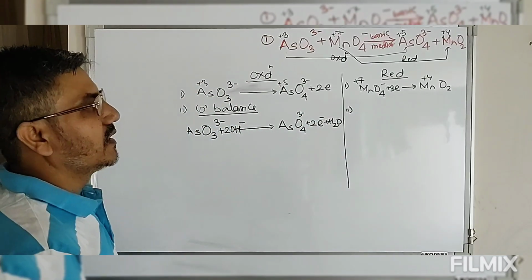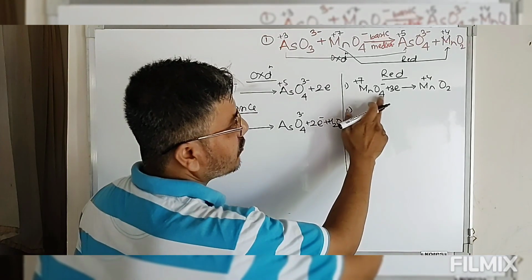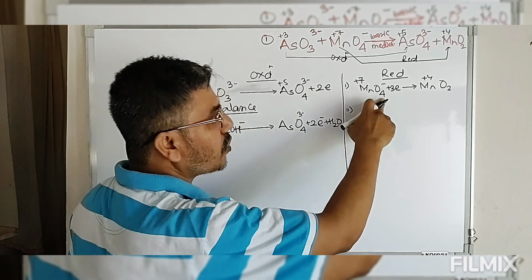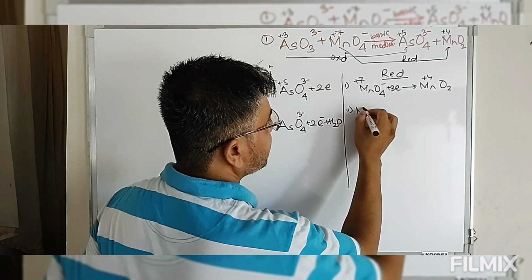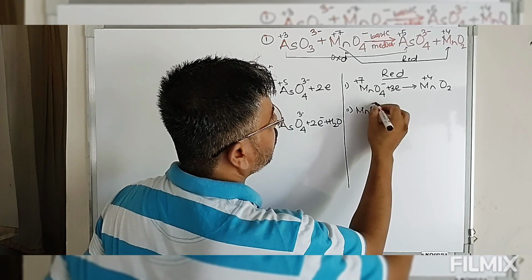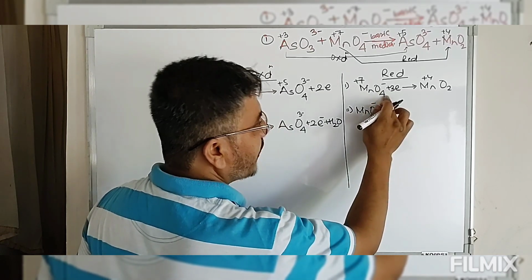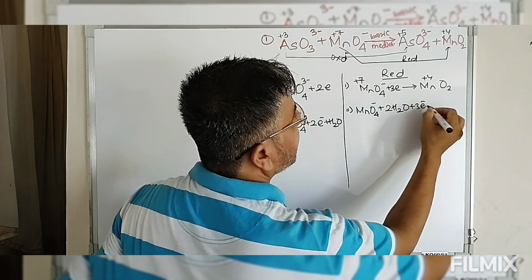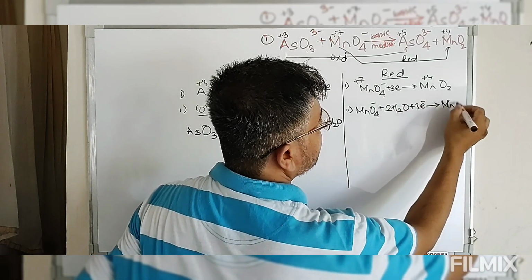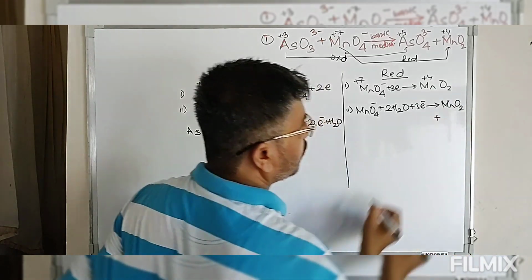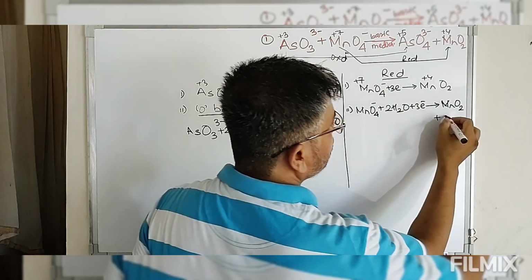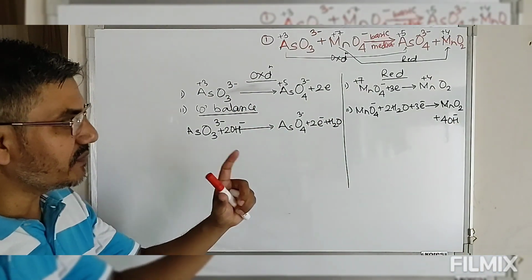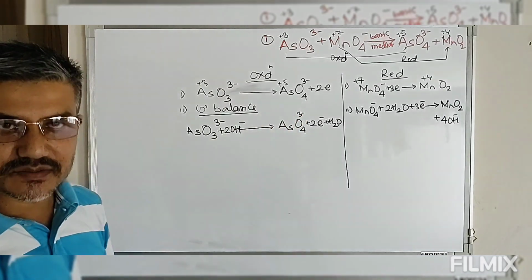अब फिर यहाँ पे देखिए MnO4 में 4 ऑक्सीजन, MnO2 में 2, सो देयर इज एक्सेस ऑफ 2 ऑक्सीजन. सो अगर जिस साइड में ऑक्सीजन एक्सेस है उस साइड में सेम नंबर ऑफ वाटर मॉलिक्यूल ऐड करेंगे, तो मींस 2 एक्सेस, सो वी विल हैव टू ऐड 2 वाटर मॉलिक्यूल. ये ऐड किया. एंड ऑपोजिट साइड में क्या ऐड करेंगे, डबल ऑफ OH. तो यहाँ पे 2 का डबल इज 4, तो 4 OH माइनस आपने ऐड किया. So this is how we balance oxygen in basic medium.